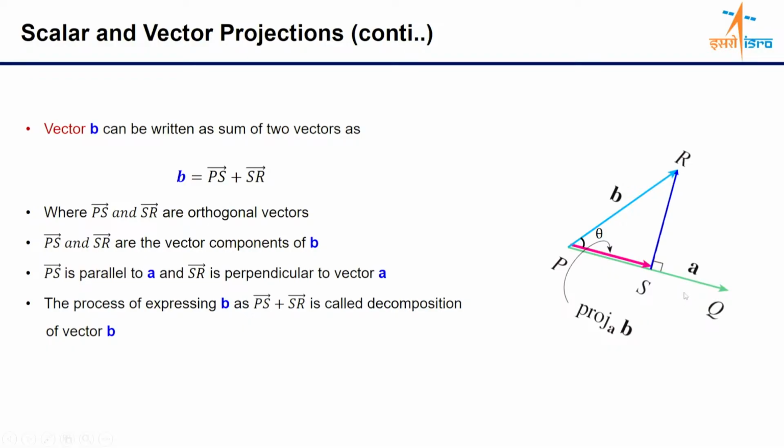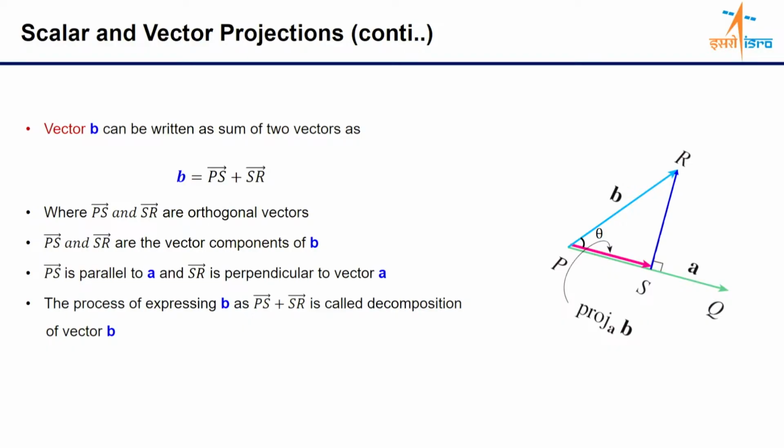Then from there another vector can start, meaning the tail of that can start, and that can reach somewhere else. Then again from that point another vector can start, and finally they can reach here. So you can say a single vector can be written as a sum of multiple vectors, okay. So you can say a single vector can be written as a sum of two or more vectors,